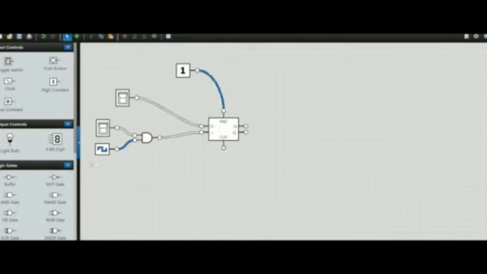Now moving on to the D flip-flop, we will need one high constant, two toggle switches, one clock pulse, one AND gate, one NOT gate, one push button, a D flip-flop and two bulbs. After making the connections, I am going to check the table. That is, if the clock pulse is 0 and the input is 0, then the output will be 0. And if the clock pulse is 0 and the input is 1, then the output will be 1. Likewise, you have to do for all. And this you call the D flip-flop.